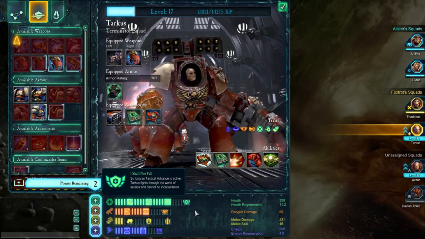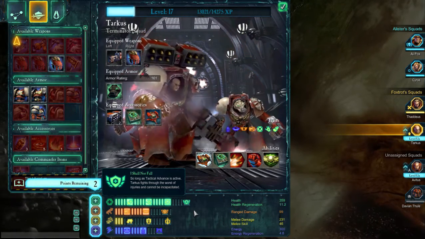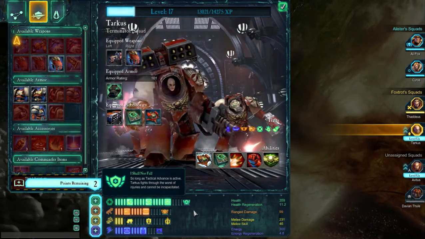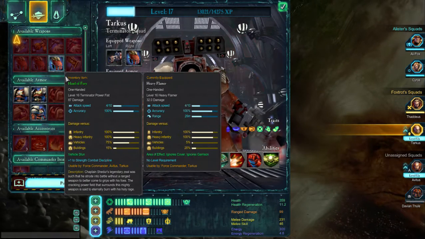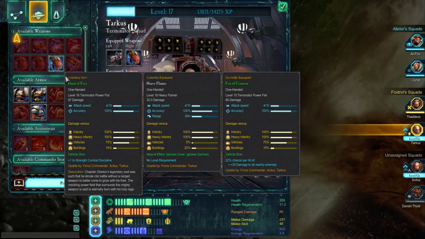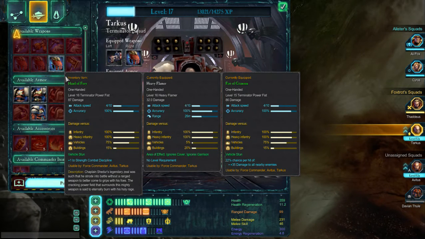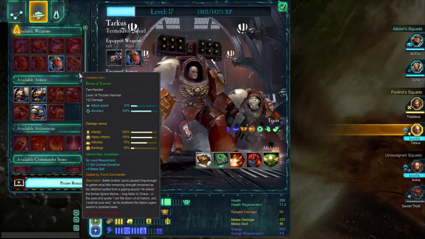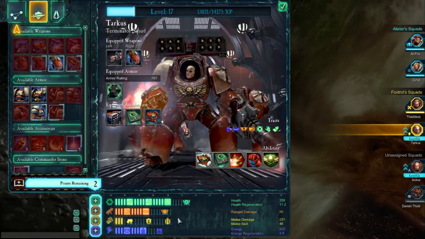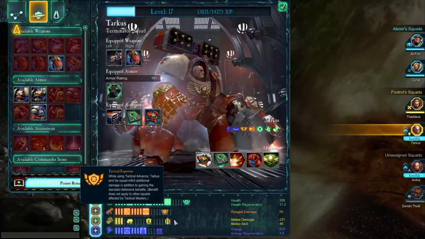I mean, I Shall Not Fall is pretty useful because he literally cannot die so long as it's active. Yeah, but once his entire squad gets butchered, it's really hard to argue the validity of that because his DPS actually goes down significantly. Fair enough. It's not that it becomes garbage, but it's not as good as it could be. Honestly, I would say do tactical expertise, because later when we do